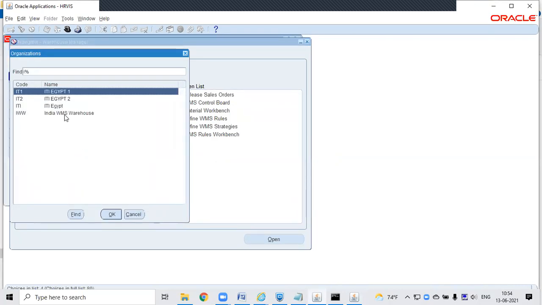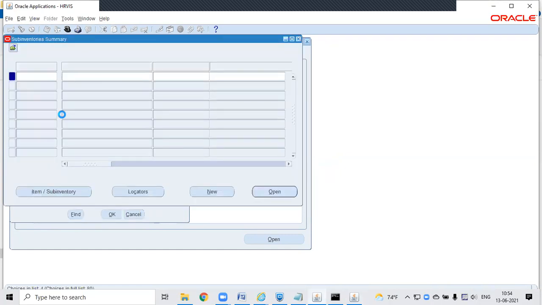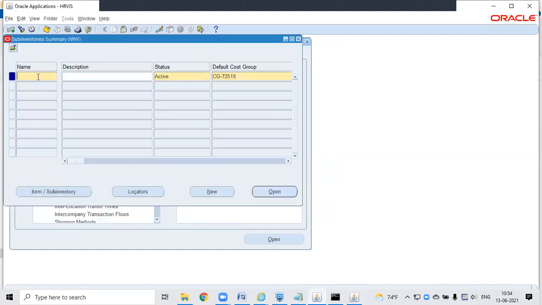I'm just creating one subinventory called FG bulk. I'm not explaining much on this today, but next session we'll go through this and complete the inbound process.